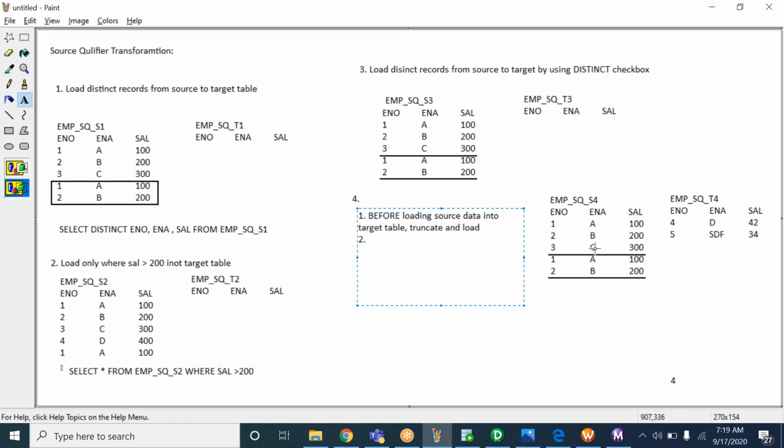After truncating, from source we have duplicate records also here. We don't want to load the duplicate records. Load only distinct from source to target. First you have to truncate the target table, and then we have to select the distinct records from source and load the distinct records into the target.